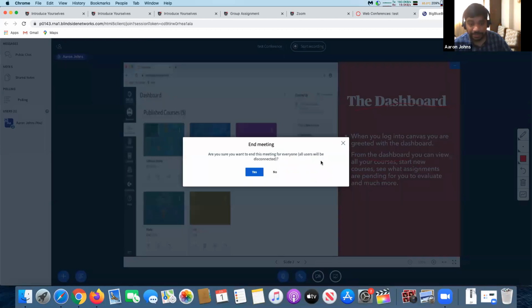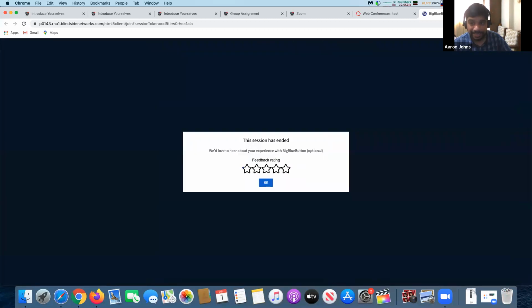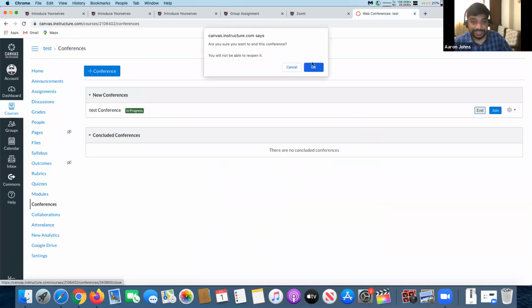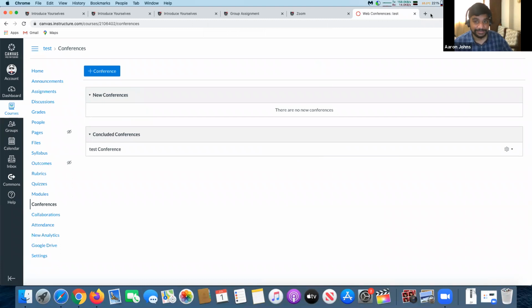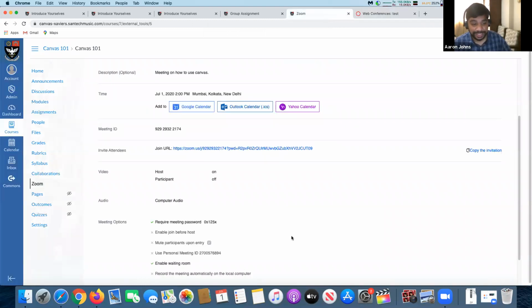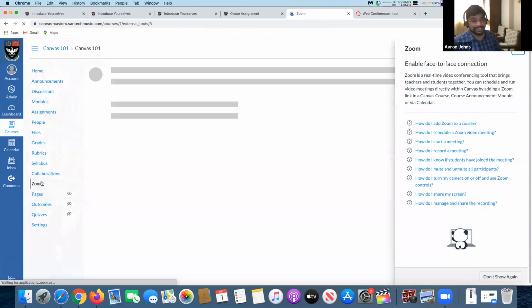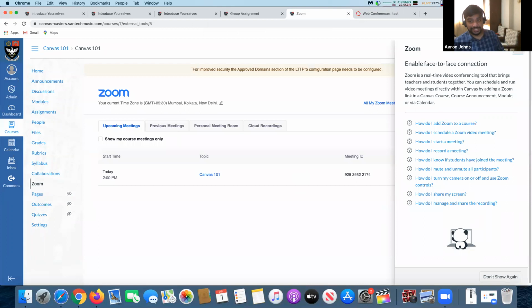I was just showing you what Big Blue Button is. Big Blue Button is a little bit formatted. Let's say I'll end this conference and it's done. Okay, so that is what they offer you, but over here it's a little different. Here you can use Zoom. If you're hosting it on your own college system, you can use Zoom built in.